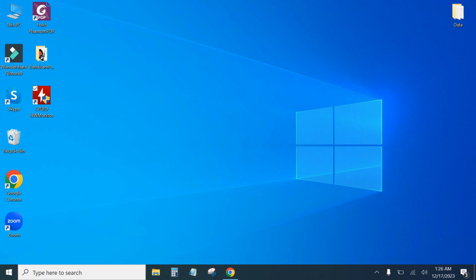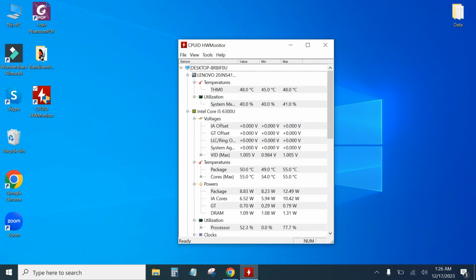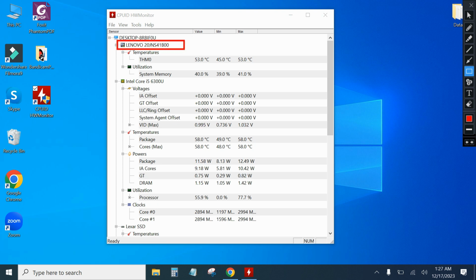At first you need to open this application, CPUID, and here is the display. It will show you multiple options related to the hardware of your computer or your laptop. On the top it will show you the motherboard of your system here. I can clearly see the motherboard of my system. Now here you can see the temperature,